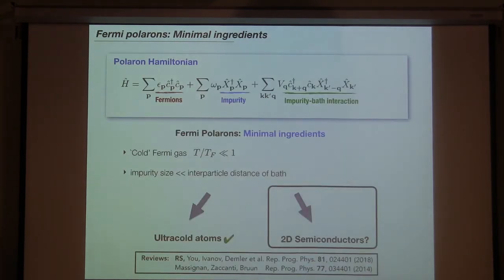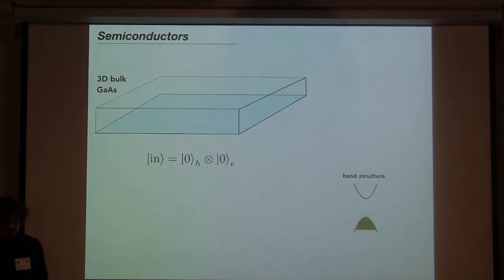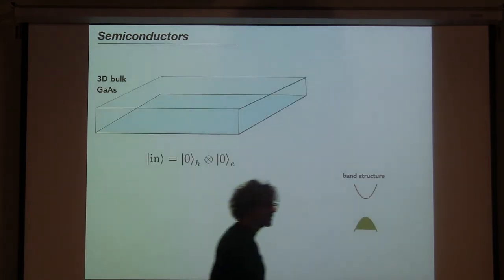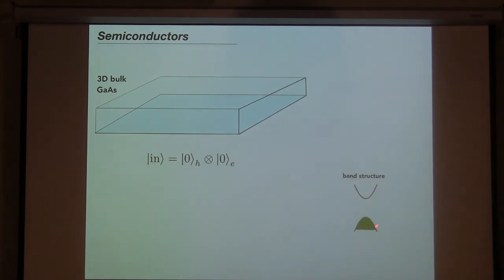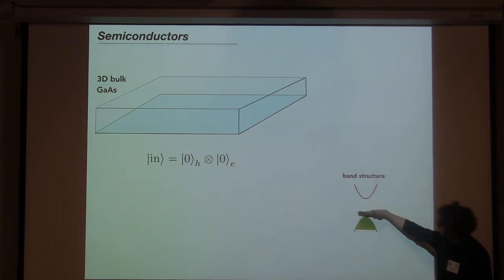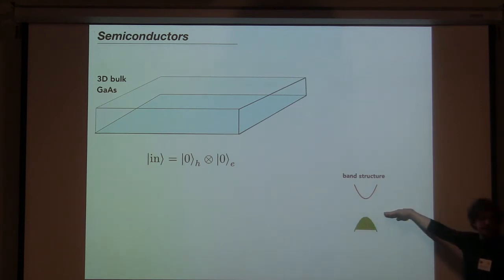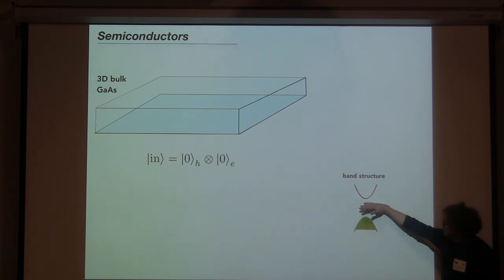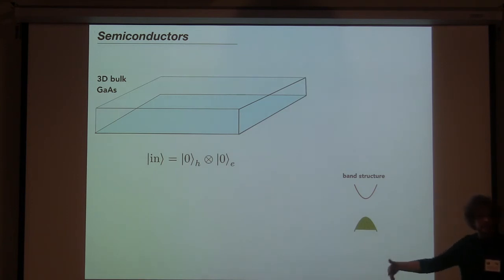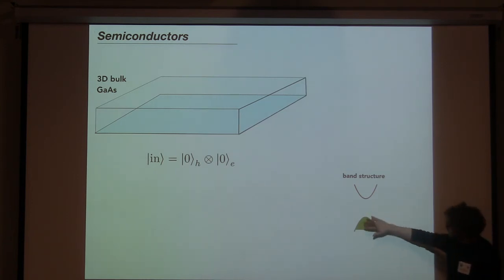Alright, so can we see this in solid state physics? And here it's really good that Emmanuel introduced the band structures. What I show here is a part of the band structure of gallium arsenide. That's a bulk semiconductor, here at the gamma point. And the semiconductor is a semiconductor because we fill the valence band up to the Fermi energy somewhere in the gap. But one can have thermally excited electrons in the system, or you can dope it. But that's basically the situation.